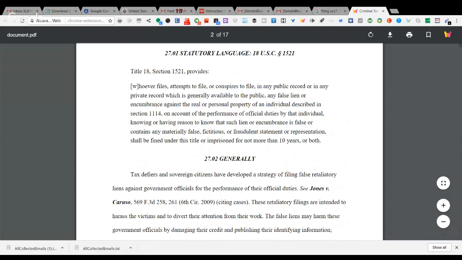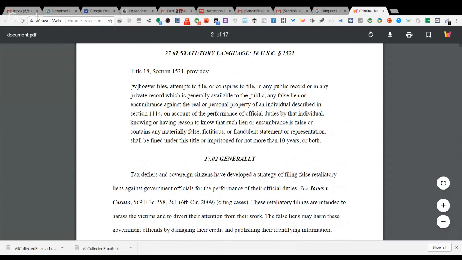So, and by the way, guys, I don't know if you see this here that I have up on the screen, but Title 18, Section 1521 provides: whoever files, attempts to file, or conspires to file in any public record or in any private record which is generally available to the public any false lien or encumbrance against the real or personal property of any individual described in Section 1114 on account of the performance of official duties by that individual, knowing or having reason to know that such a lien or encumbrance is false or contains any materially false, fictitious, or fraudulent statement or representation,